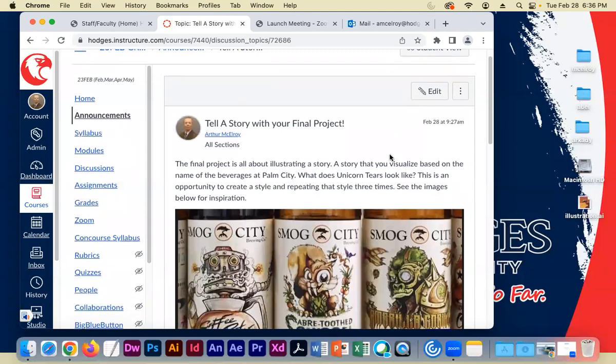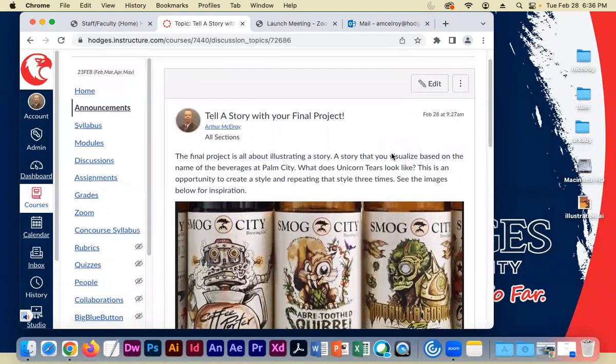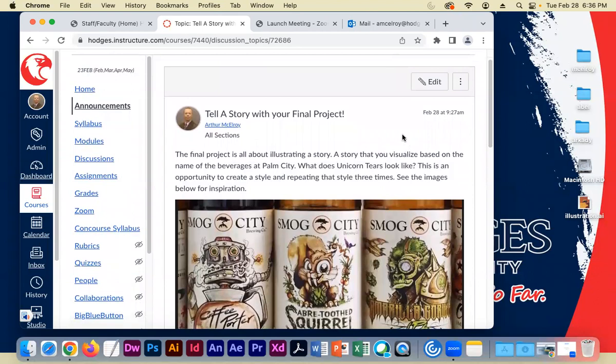producing. So who knows, this might end up being a really nice portfolio opportunity for one of you that he may use over and over again if he likes your illustration style and he likes what you produce. So our final project is to do 3 illustrations, 3 separate illustrations for 3 beverage names that he's currently producing that are on his website at